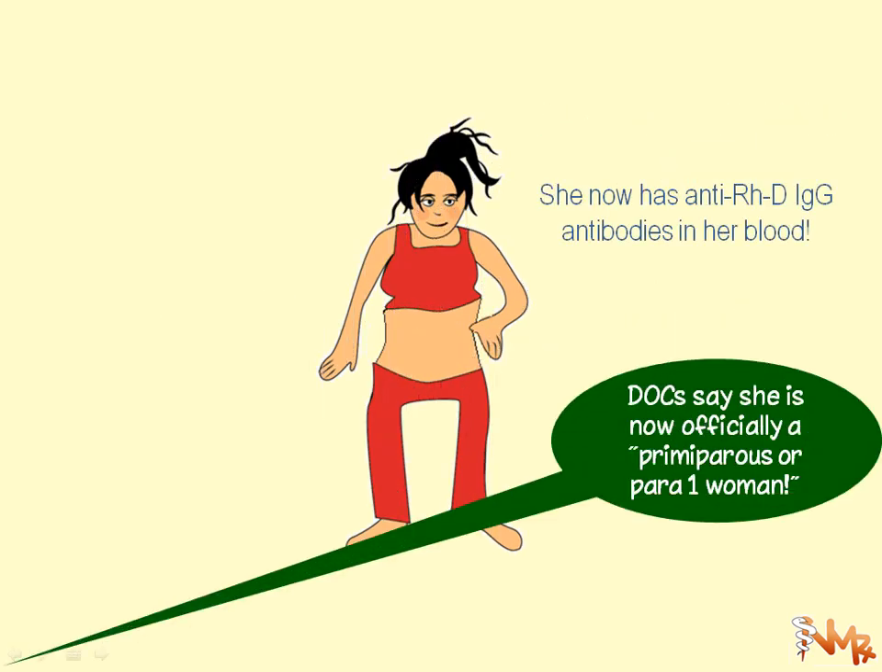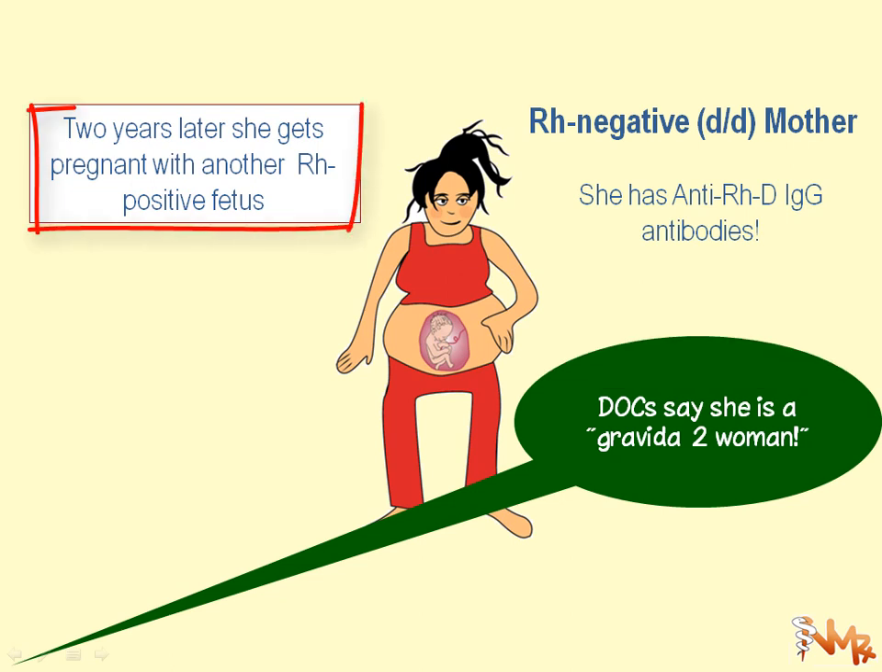Now she has anti-RHD immunoglobulin antibodies in her blood. At this point, we can say that she is primiparous or para 1 woman because she has brought a pregnancy to term. 2 years later,